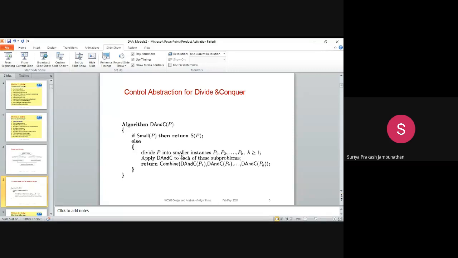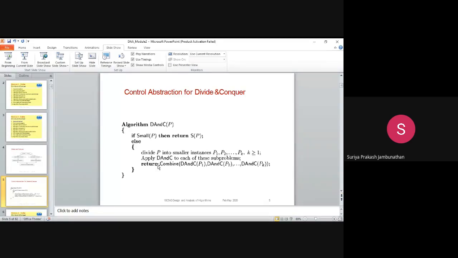Then after this part, the first statement, we apply divide and conquer for each subproblem. After dividing the particular problem into smaller instances, we merge everything. For each smaller problem, we check the values in the particular node, whether it is greater or smaller. If it is greater, we put it in the next position. If it is smaller, we put it first. So it should look like an incremental order. That is the way we are doing it.